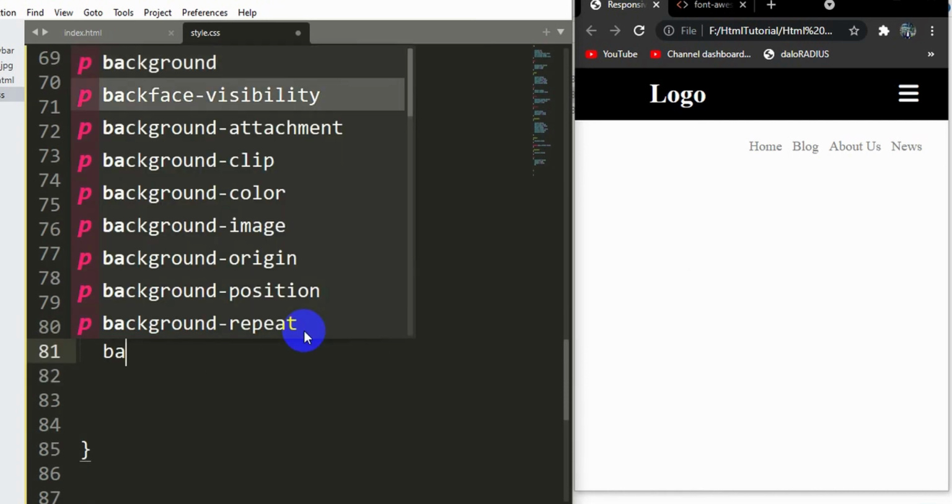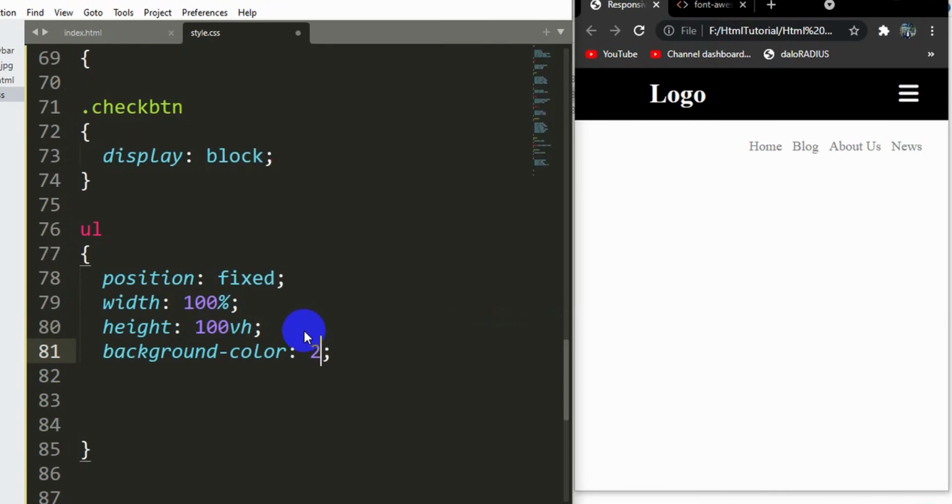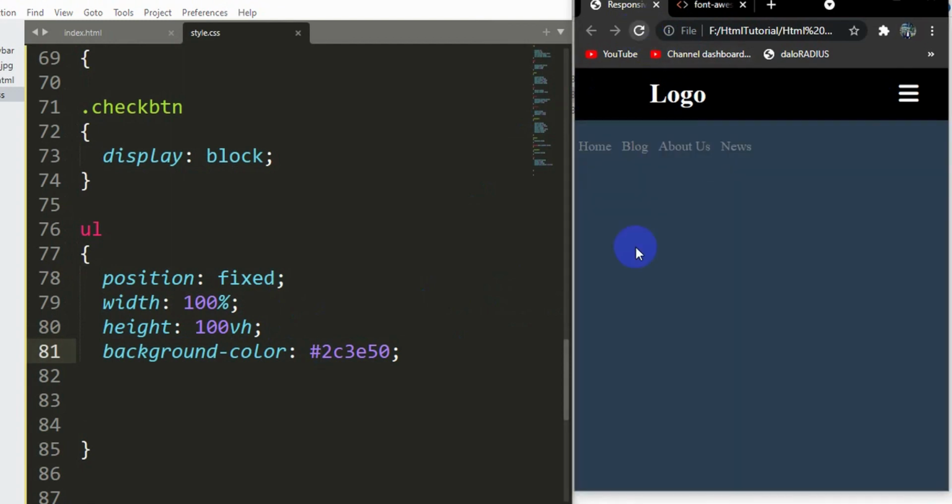And let's say background-color, it will be let's say this one, #2c3e50. If you save it now and if we refresh, we need to give a hash, save it and refresh. Here you can see the background color is different right now.